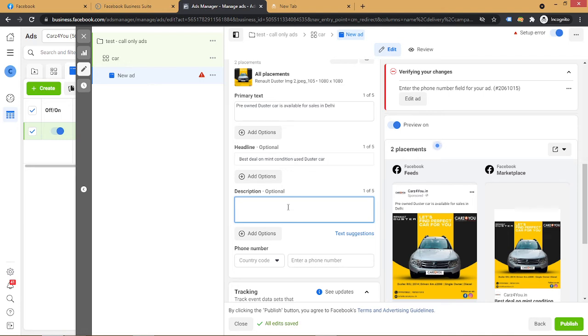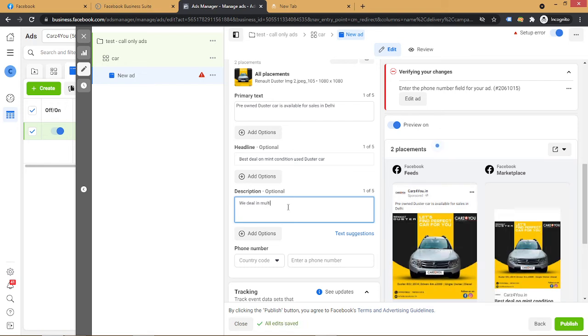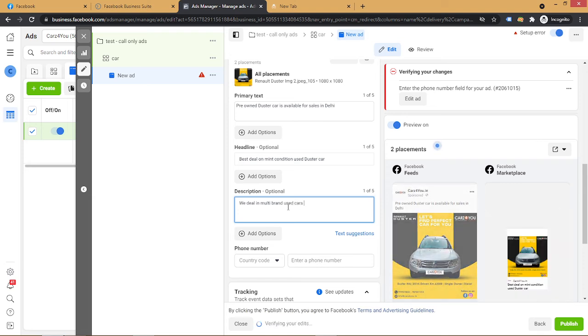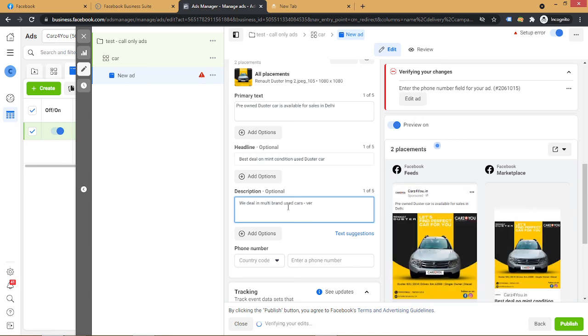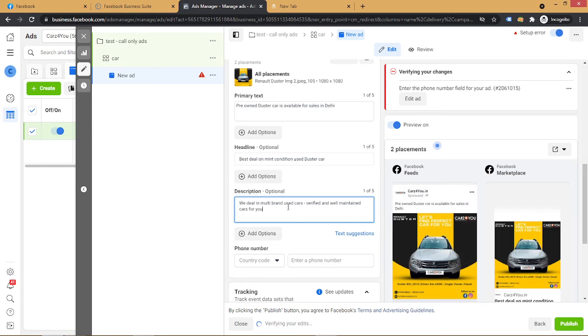In description we can tell more about the product, our business or our services. So in description I will say: we deal in multi brand used cars, verified and well maintained cars for you.